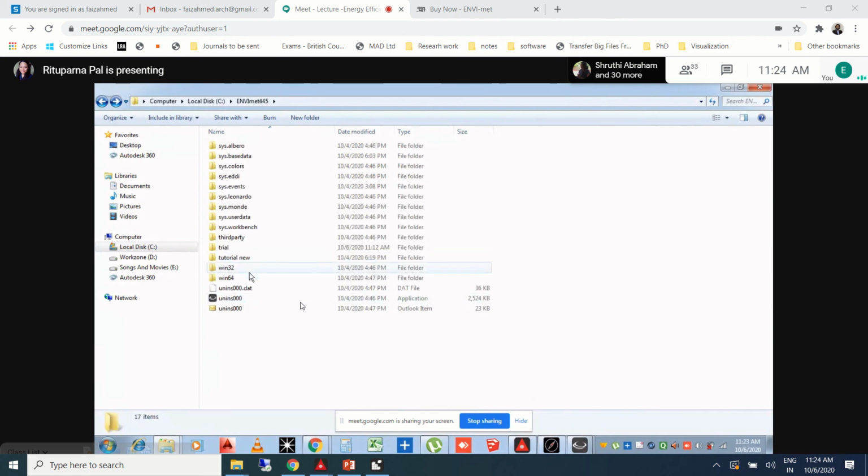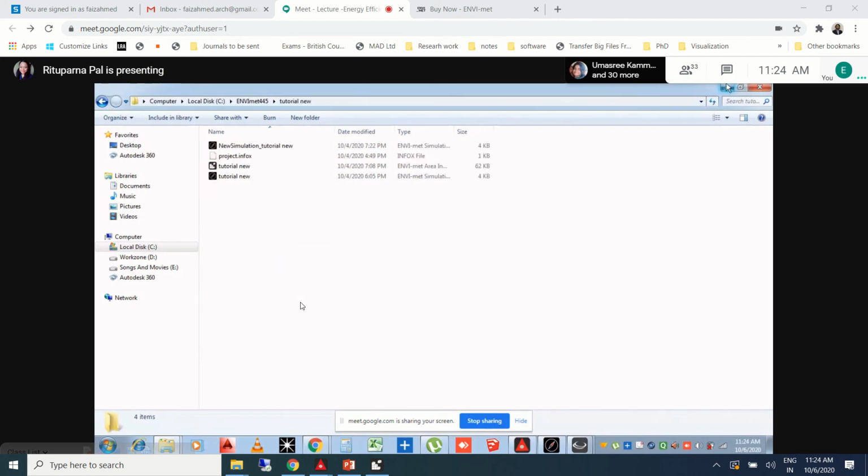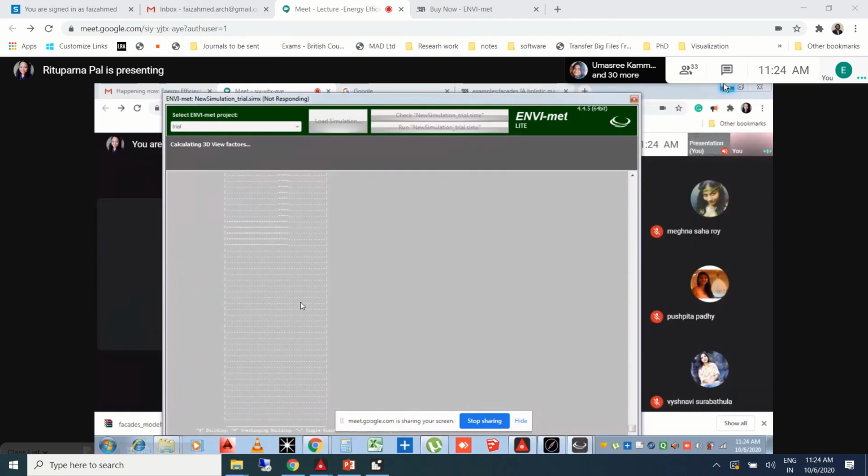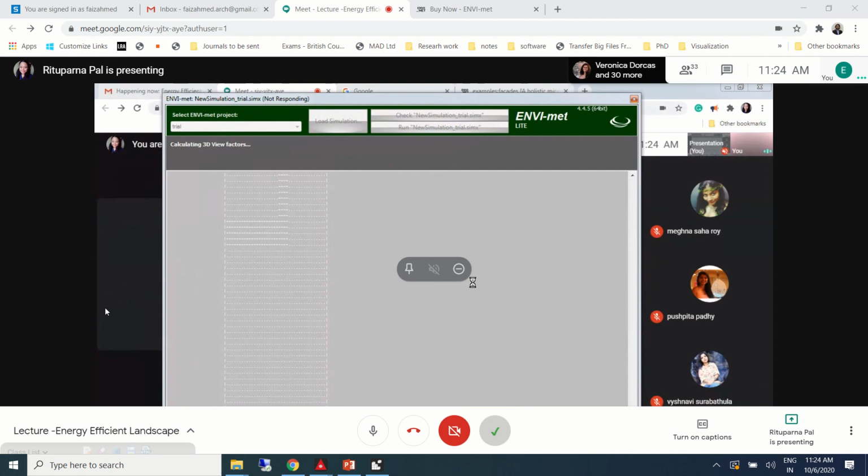For results, yesterday I tried doing something but it did not work out because of the grid size. So maybe I can show them how Leonardo works from my previous sheet. Is it okay? Yeah, please go ahead.